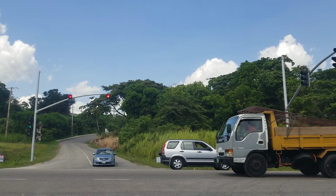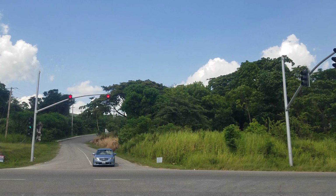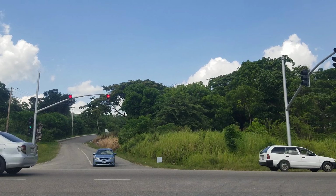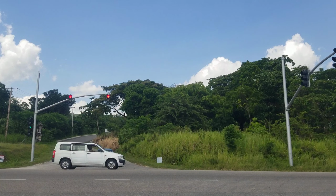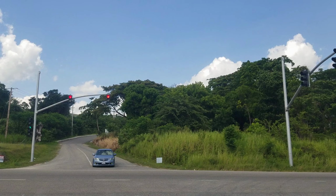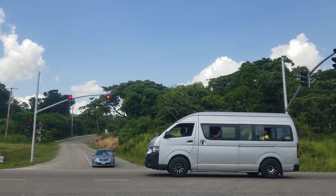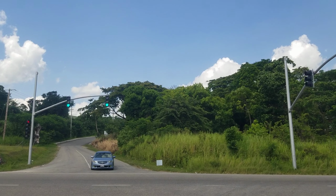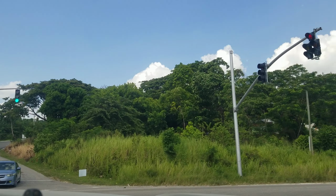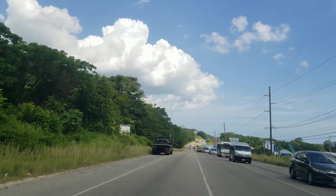So if we turn left here, we would go into Ocho Rios. It's about a 5-minute drive. And if we turn right, we'd go into St. Anne's Bay. It's about a 2-minute drive. So Drax Hall is ideally located in between the two major towns in St. Anne. Alright, so we're going to go right, and now we're going on the Northern Coastal Highway, and this highway